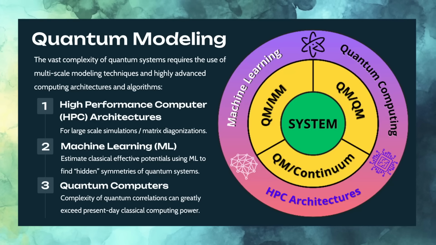So quantum mechanical modeling can be very complex for these systems, and highly advanced methods have been developed for physics and chemistry simulations of this kind. So right away, if you're doing complex quantum mechanical calculations, you may need a high-performance computing architecture, a supercomputer, if you will, in order to do these large-scale simulations and matrix diagonalizations to get our energies, our eigenvalues.